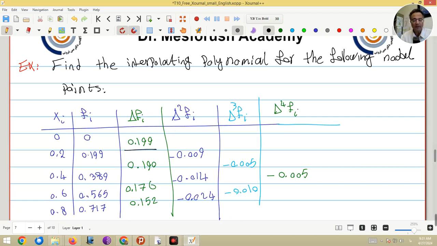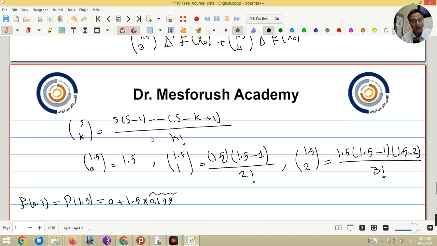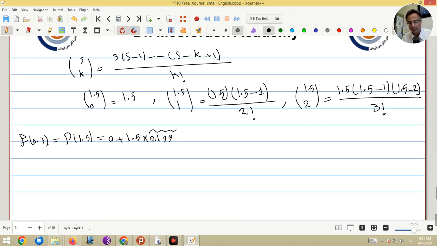In fact, the head of the column of the first forward difference, and the other one will come from here, the other one will come from here, and the other one will come from here, and the first one was this term. So I can use this method, in fact, and finally I can write something like this,